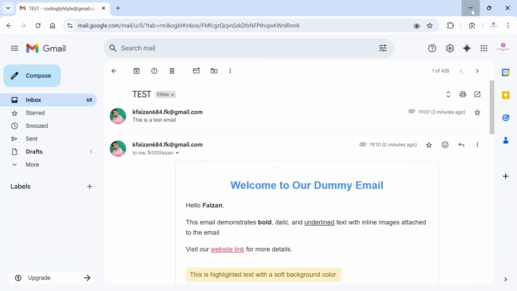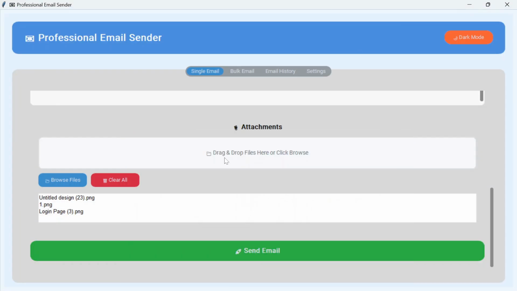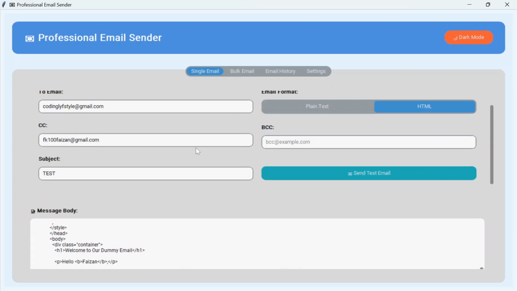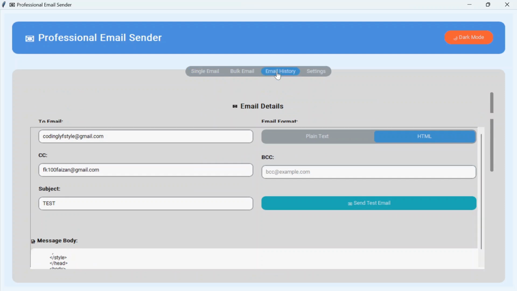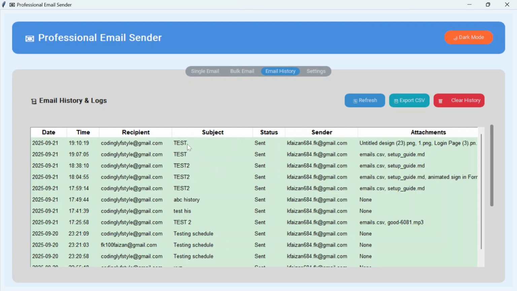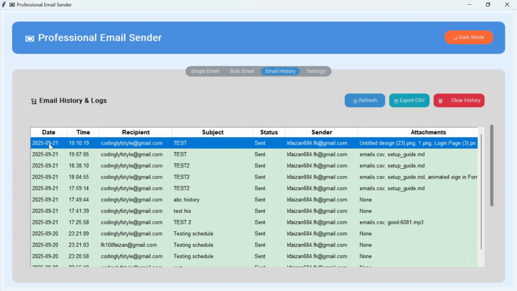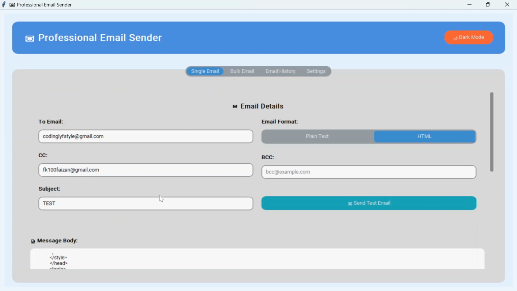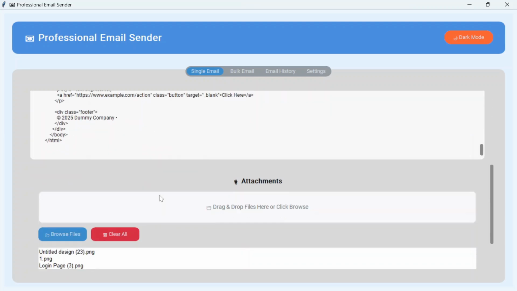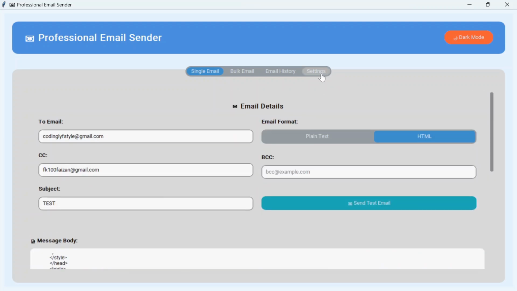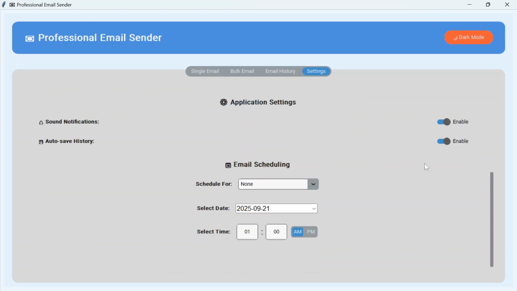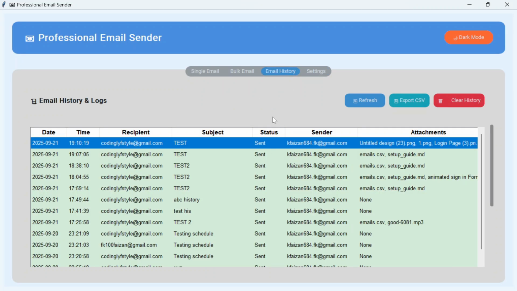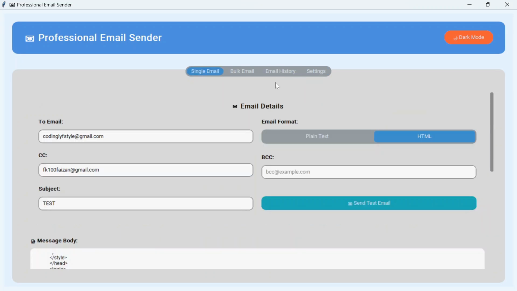So I hope you liked it. Then we can move to bulk email, and after I have sent the email, right, you can go to email history, and here you can see the test, right, and you can check the date and the time as well. Okay, so it's added. But in settings, if you will turn this off, then the history will not be added here in this email history. Okay,